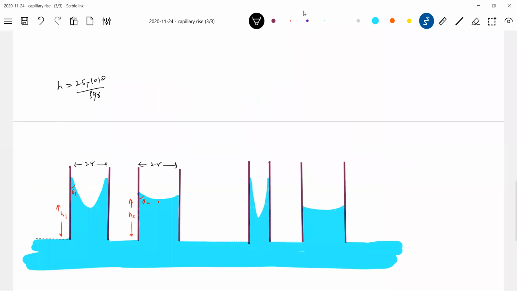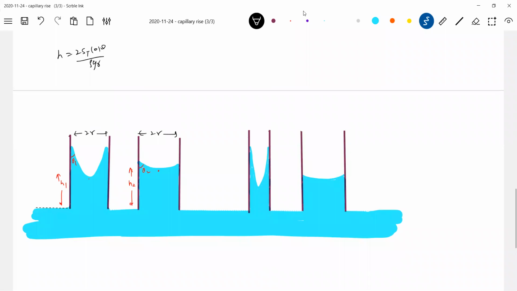Let's assume that somehow the angle of contact is varied here. The radius of the capillary tube didn't change. Only the shape of the meniscus has changed. Are you able to notice the shape of the meniscus has changed? And this H1, H2 we measure like this here. Are you able to see things clearly now? H1, H2. According to this formula, the surface tension is the same, the density of the liquid is the same. So if theta changes, then H has to change.